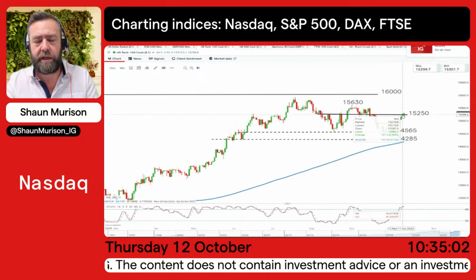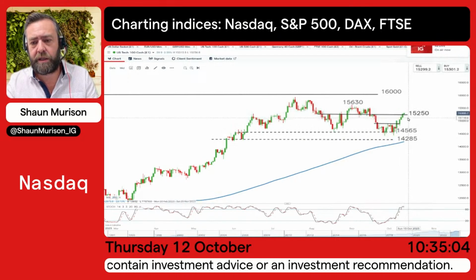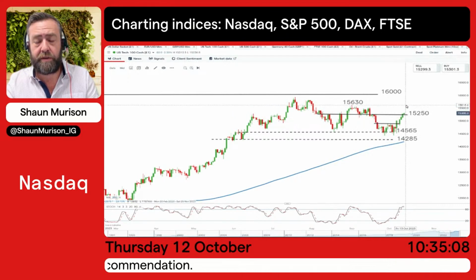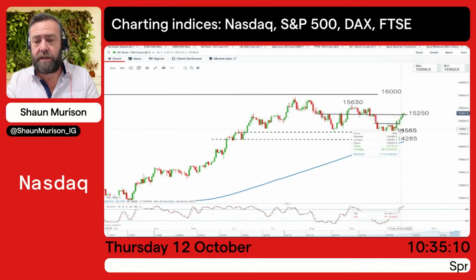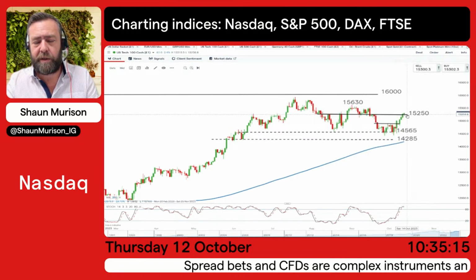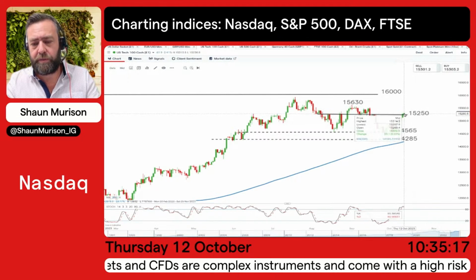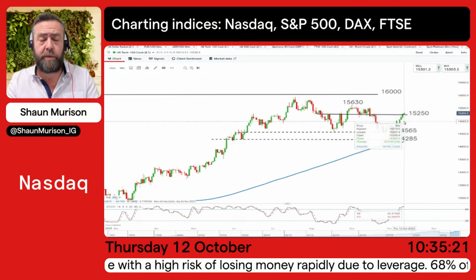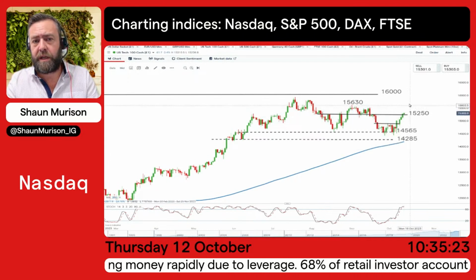Now, technically, we do have a breakout. Still, again, watch out for that data a little bit later, but that breakout is there and suggesting a move back towards about 15,630, that being the next level of resistance. Now, traders who are long into that breakout, I obviously want to watch the news, but also if you're trading just purely technically, having a stop below a 1 or 2 period low, depending on threshold for risk, might be